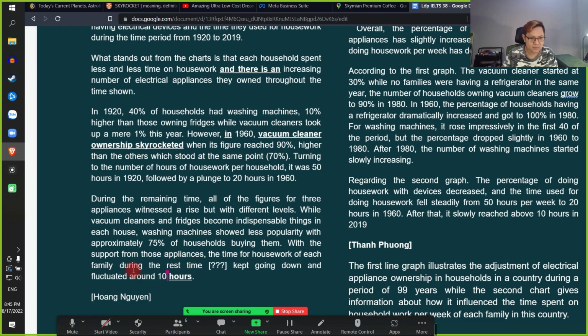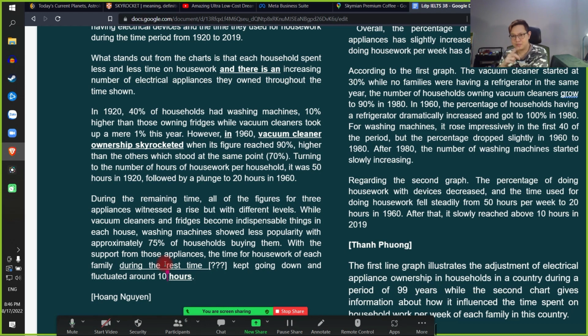I don't understand what during the rest time means. Kiểu thời gian nghỉ mà người ta không làm. But this one it caused confusion. Chỗ này nó gây ra cái sự confusion, sự rối, người ta không hiểu được chỗ này là gì. Đó, điểm trừ đó. Đó là lý do tại sao cái bài này nó vẫn rớt xuống band 6.5 là vậy đó.